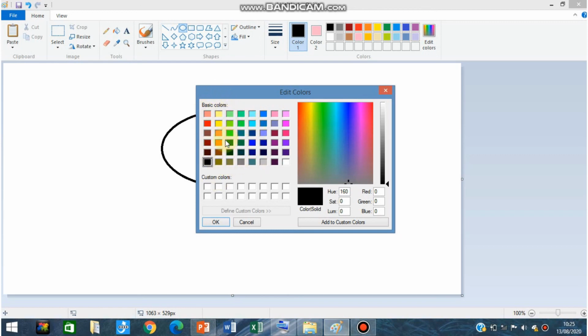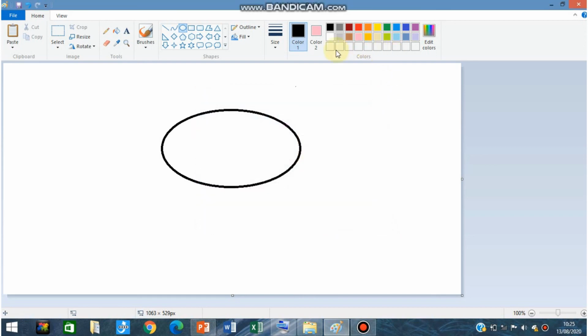You can choose whichever color you want, and then you have to click on the OK option, so that your color will be added in this color palette. Fine.